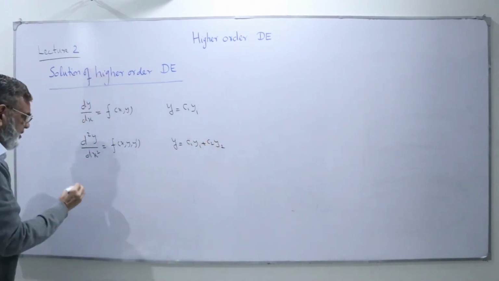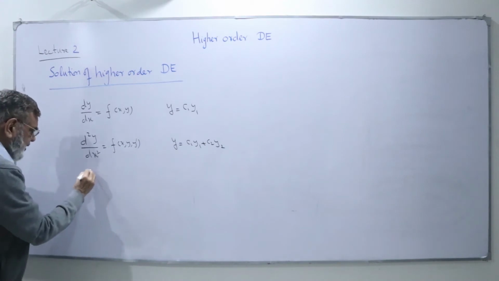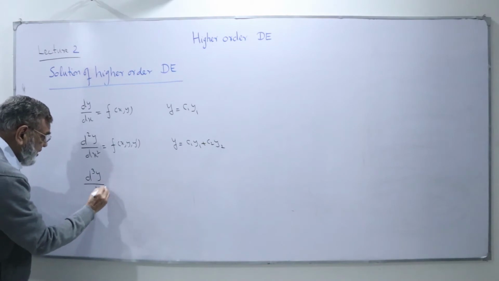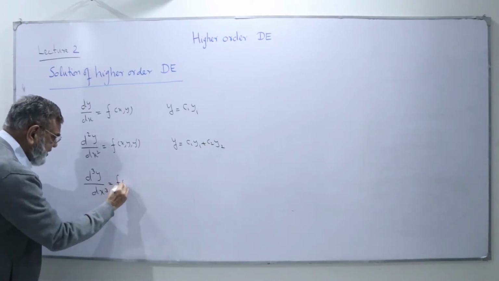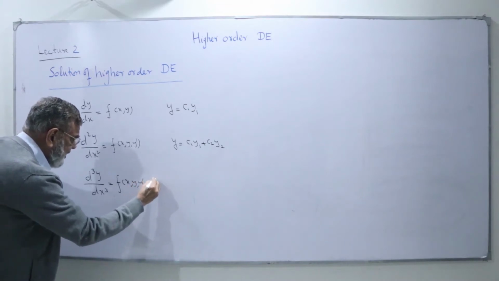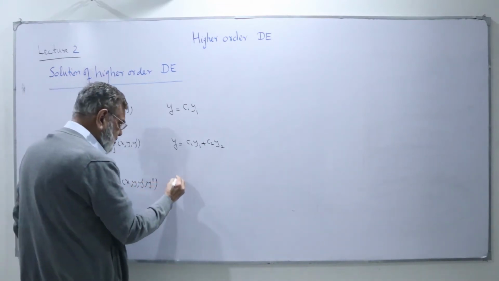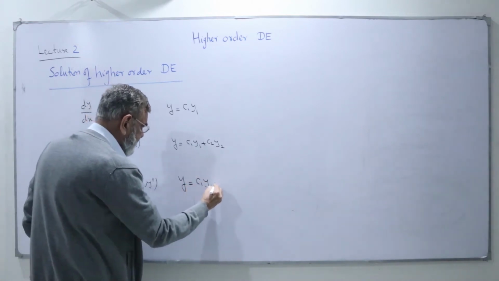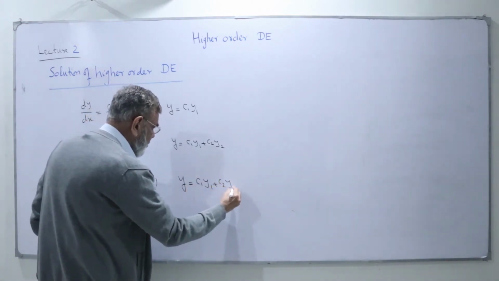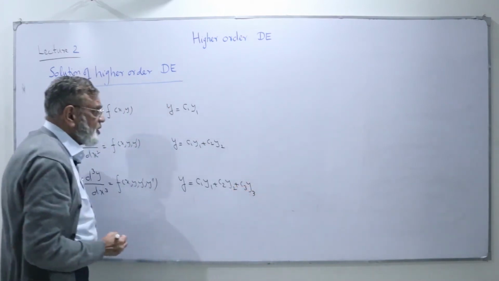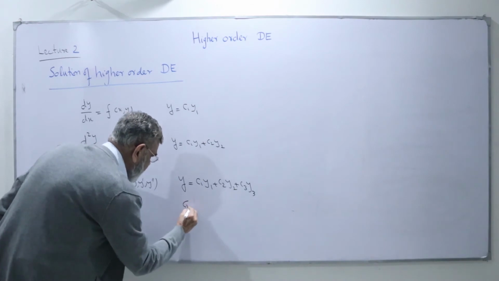If I have a differential equation of order 3, d3y by dx cube is a function relationship of x, y, y dash and y double dash. So the general solution, you'll get three arbitrary constants, c1 y1, c2 y2, c3 y3. So this we say is the general solution